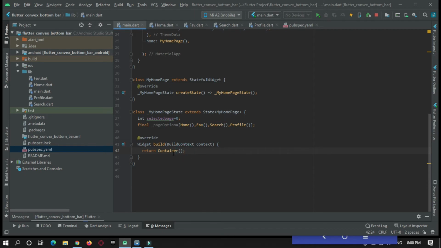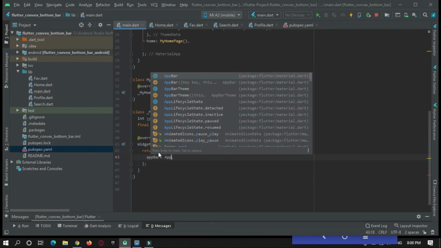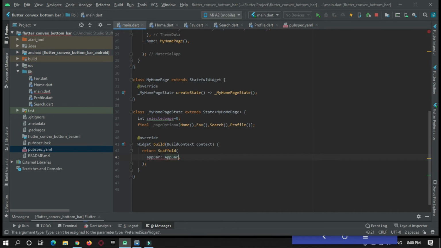Now we'll create the bottom bar. Just remove that return and add scaffold. Here we need an app bar. If you don't need it, you don't need to add this.